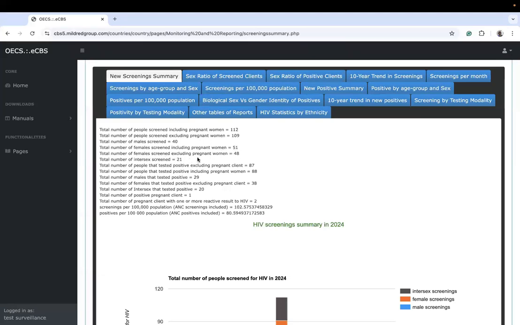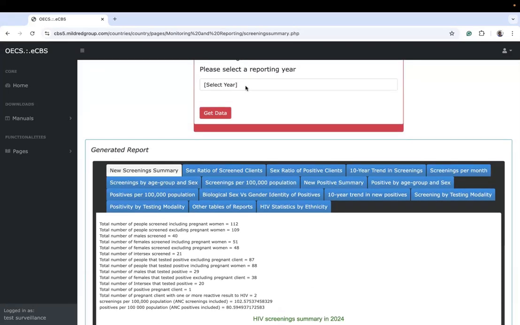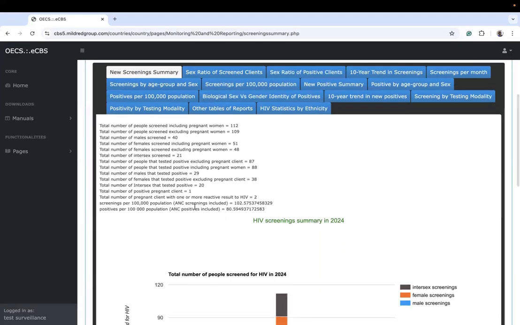You'll find the total number of intersex and all of those values, and then it calculates the screenings per 100,000 population. So recall that when we looked at the administration module, we talked about entering the census record for the country. Now, this reporting part takes that census information that is equal to the selected year or less than the selected year, but not the most recent relative to the selected year here, and calculates these screenings and positives per 100,000